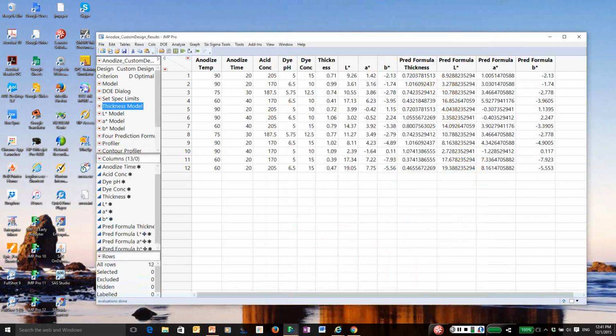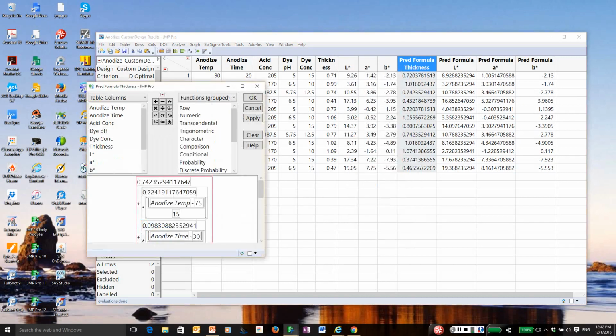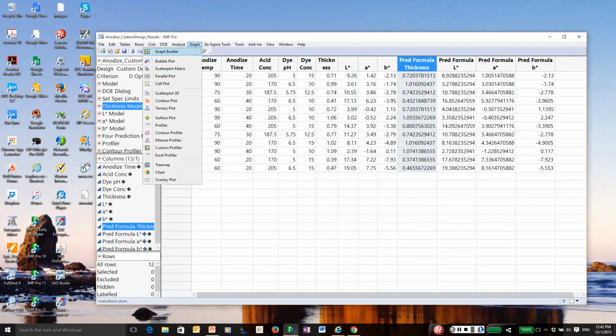Well, I don't want to do that individually. I want to do that for all of the responses at the same time. So I fit a different model to each of my responses, and then after I did that, I saved the prediction formula. So each column actually has the model stored in it. So now, right from the data table, I go to the graph menu and I open up the profiler, since it's a graphical display,